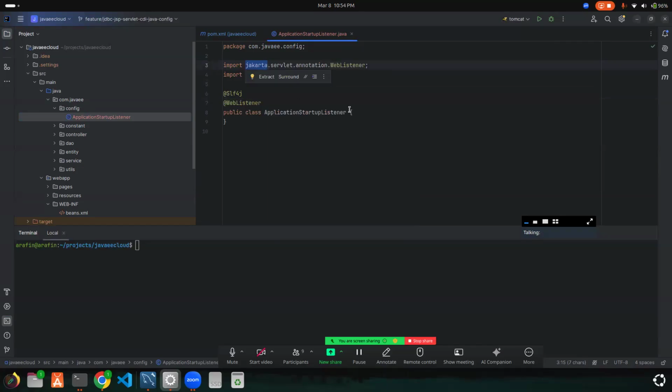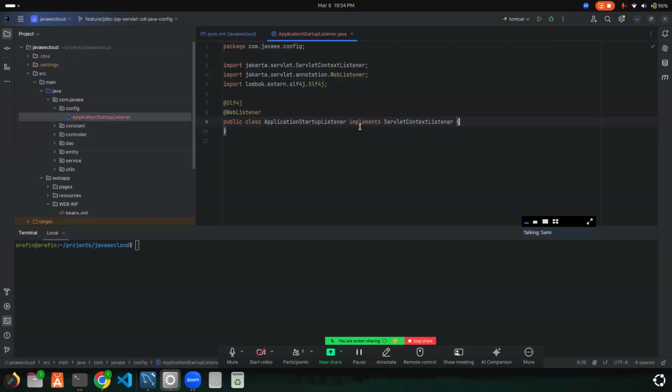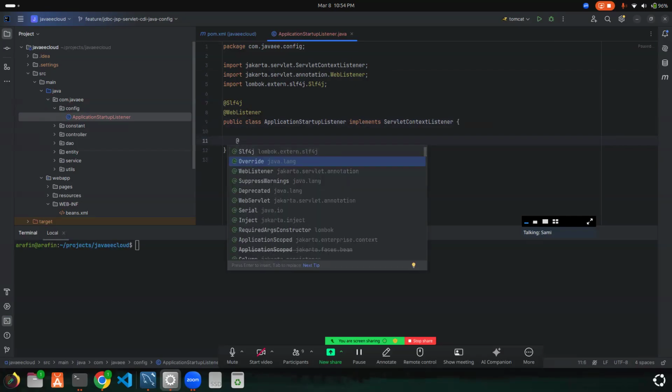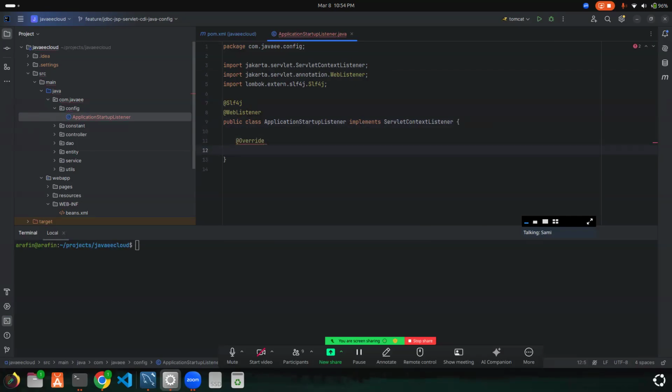This class should implement ServletContextListener, and in it you can write override, because we are going to override two methods. You can write public void